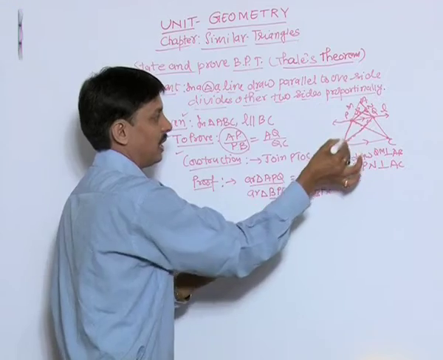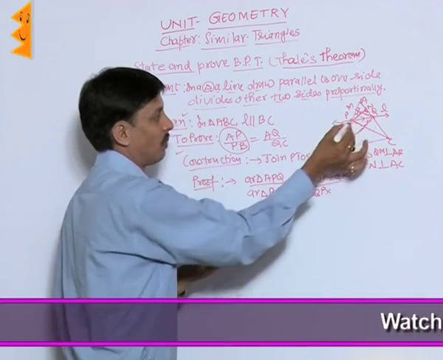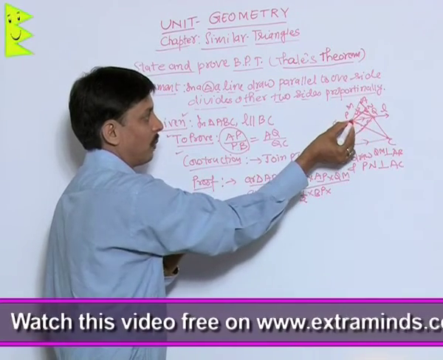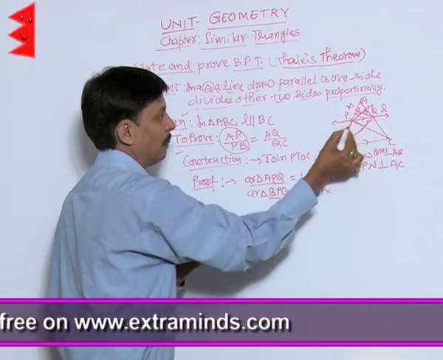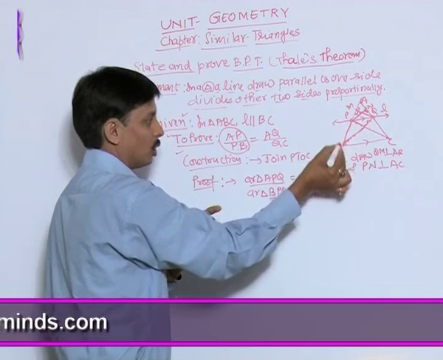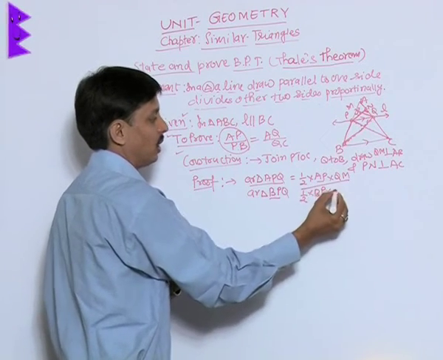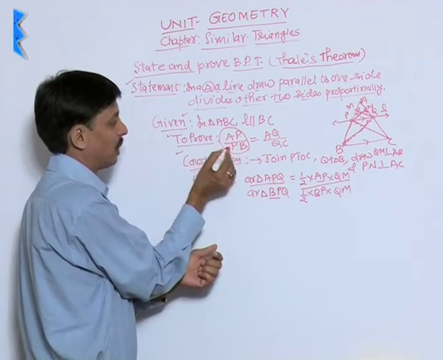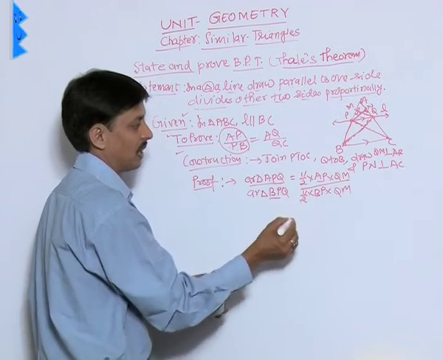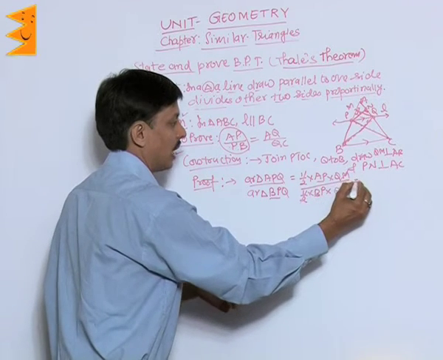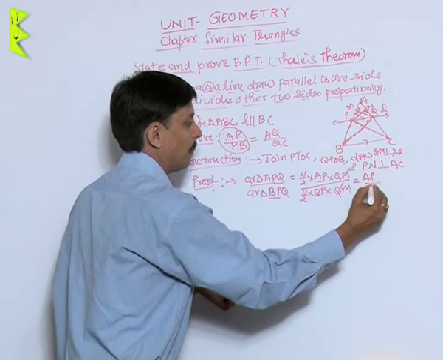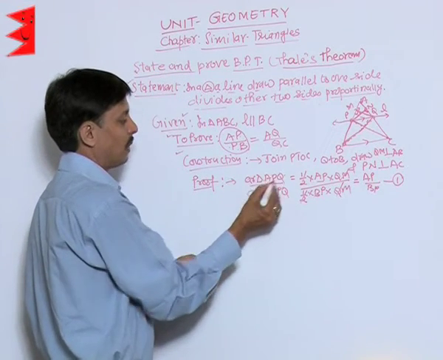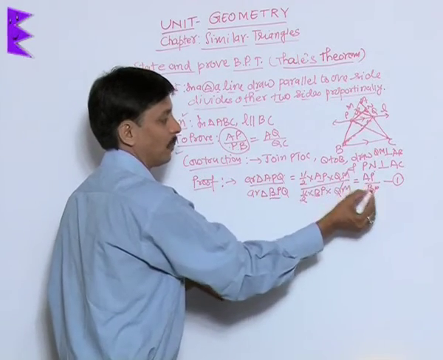If I am taking triangle BPQ, I want to find its area. BP I have selected as the base, then the perpendicular will fall from the third vertex Q, and in the beginning I told you QM is the perpendicular of AP, QM is the perpendicular of BP, and QM is the perpendicular of AB. So for BP, QM is the perpendicular. On dividing these two areas, because I need AP upon BP, half and half cancelled, QM and QM cancelled. I am getting AP upon BP. I am saying this is relation number 1. Area of triangle APQ upon area of triangle BPQ is equal to AP upon BP.